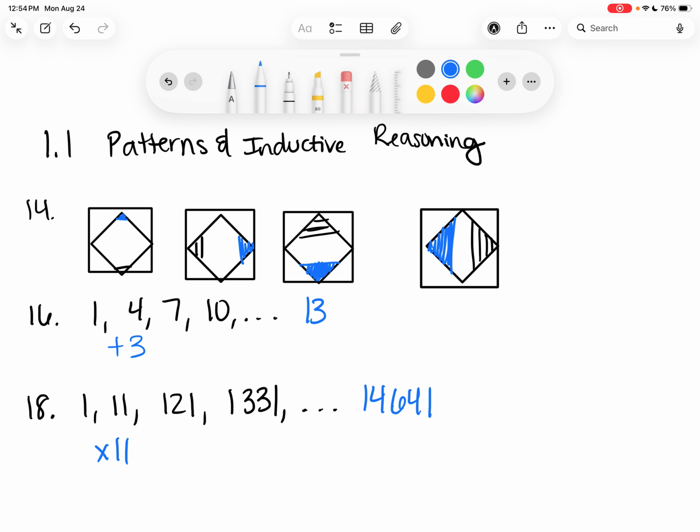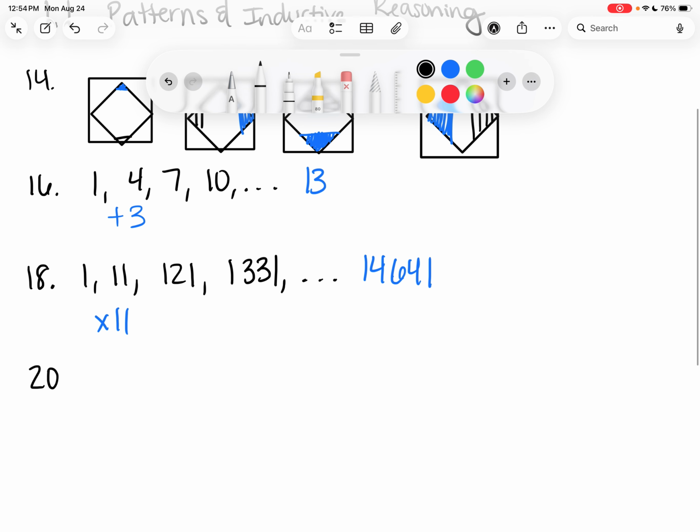20. 7, 9, 13, 19, 27. Is this one doing the same thing between every set of numbers? So how am I getting from 7 to 9? How about 9 to 13? It's even numbers all the way up. Which would be plus